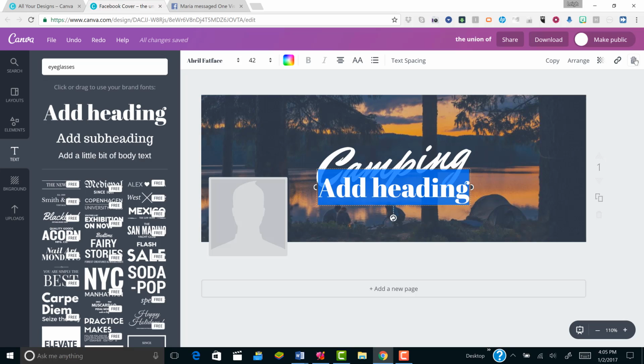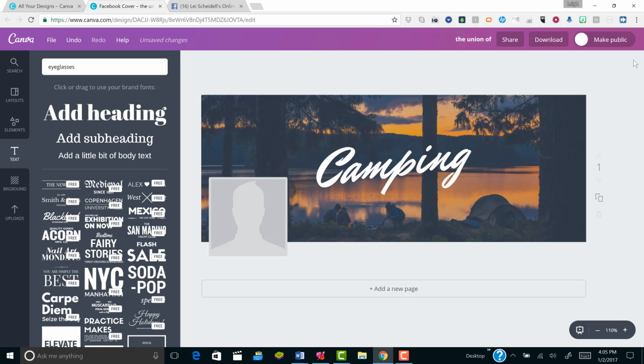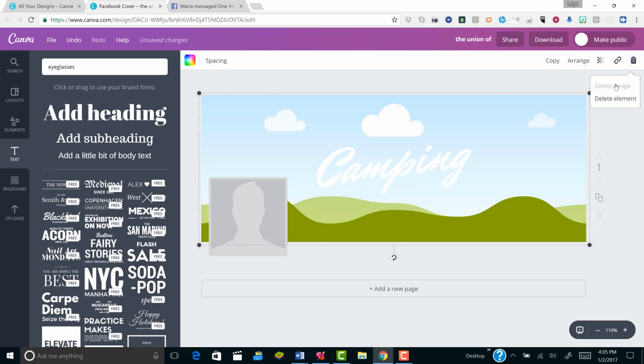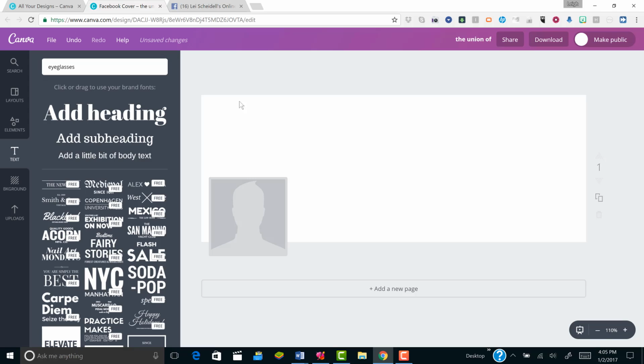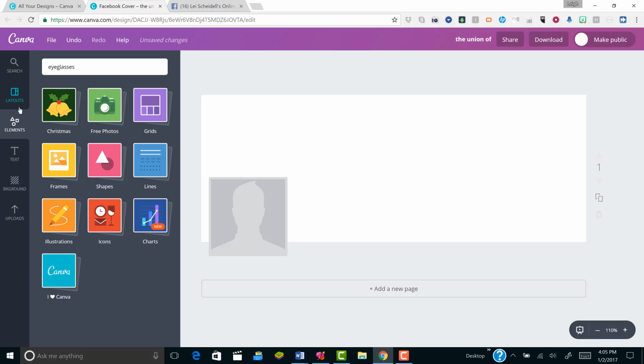I'm going to clear my screen here. I'm going to delete the background. And okay, then I'm moving over to the elements. Elements are the third item down on the far left under the Canva emblem. And if we select elements, you'll see just to the right of that, there are 10 options. And those options are all loaded with different